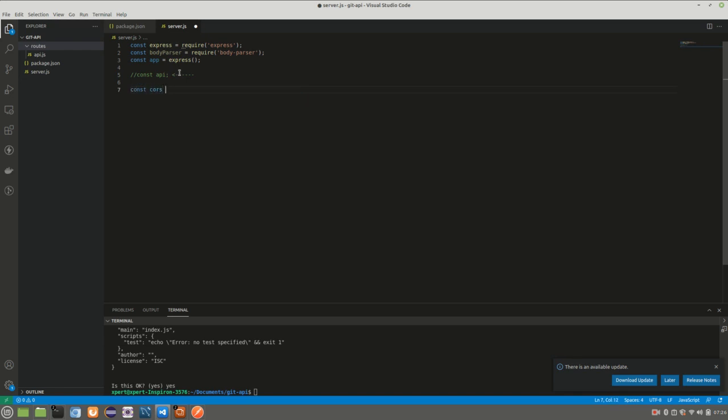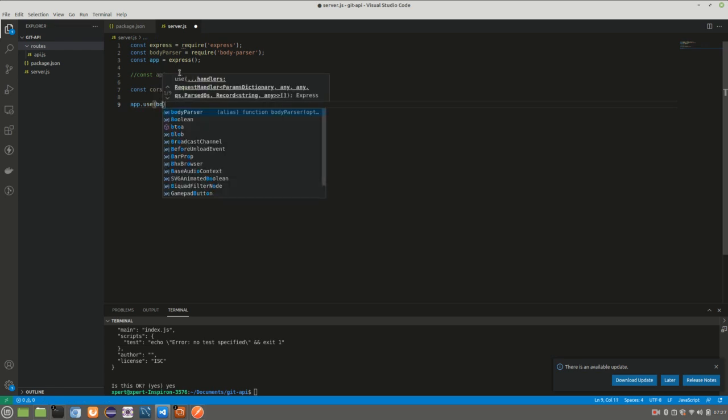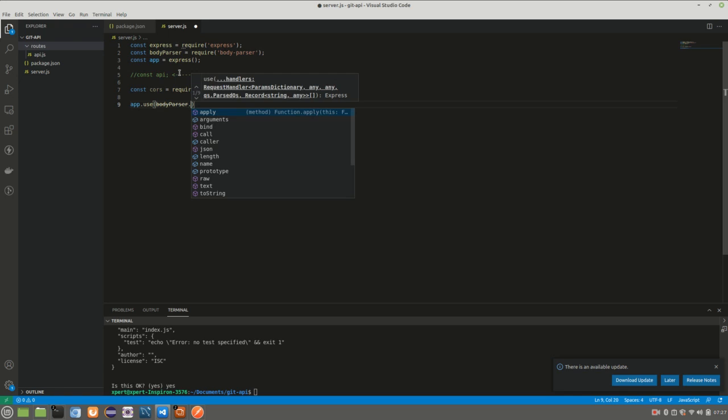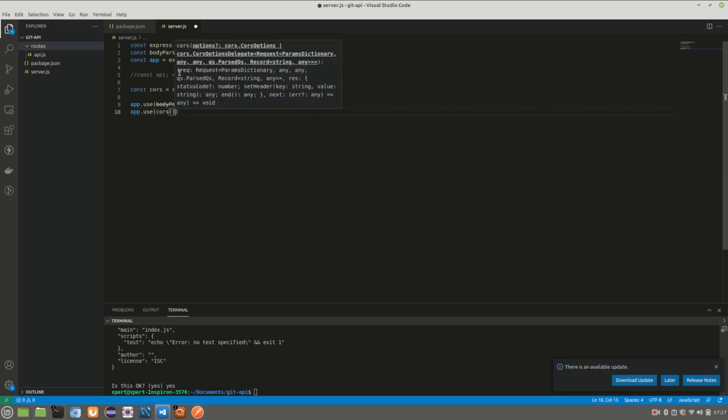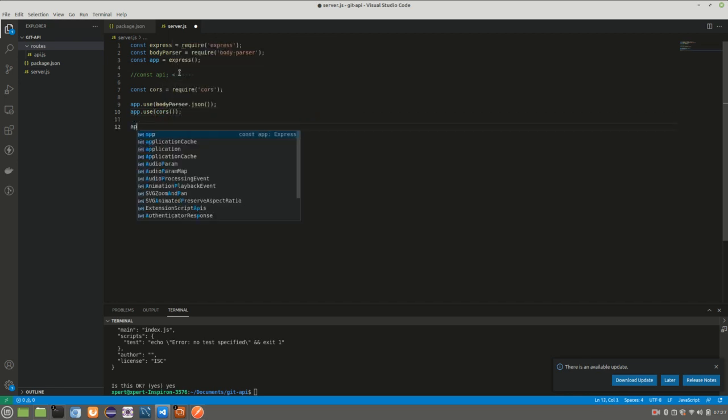Something we need for handling the CORS, cross origin errors, and we'll call it cors. Okay, app.use, use the body parser .json. App.use, and use what cors you have to use. App.use